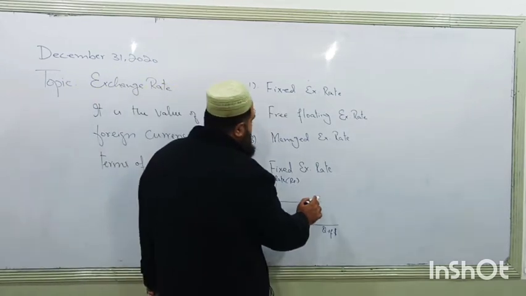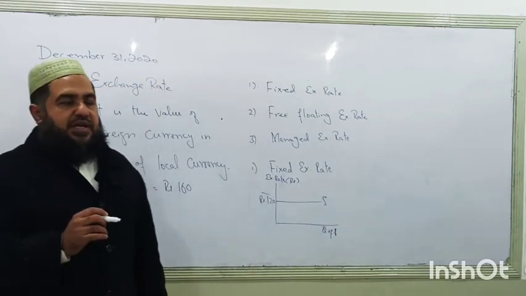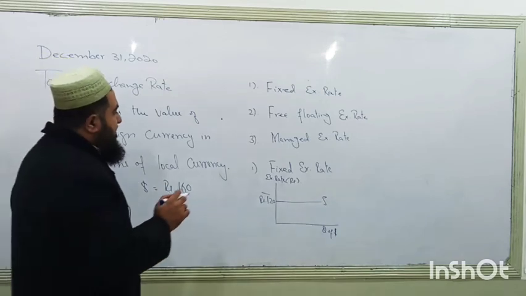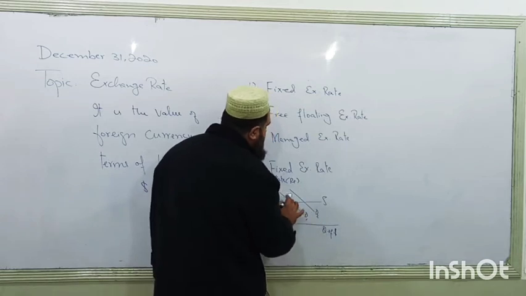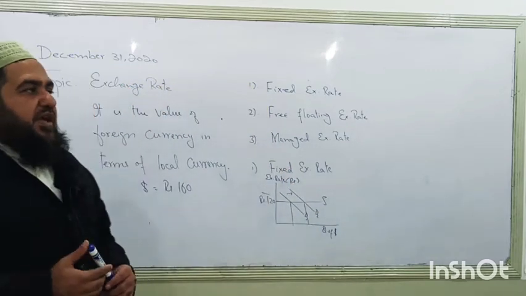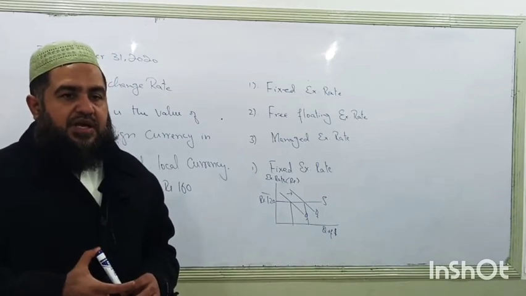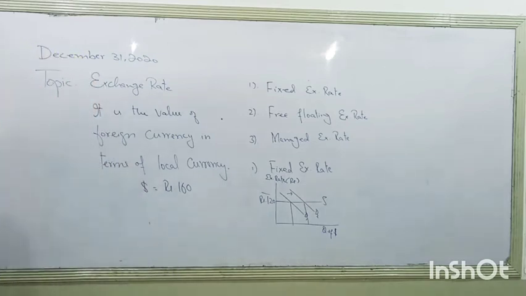So at this exchange rate there is infinite supply of dollars with the government at that particular period of time. Like if there is an increase in demand for dollars in our market, then the government will have massive dollar reserves to keep this value fixed. If there is a massive supply of dollars available with the government of a country, then they can keep this value fixed. So fixed exchange rate is usually a very strong control over the exchange rate value by the government of a country. That's why they are keeping this value fixed.